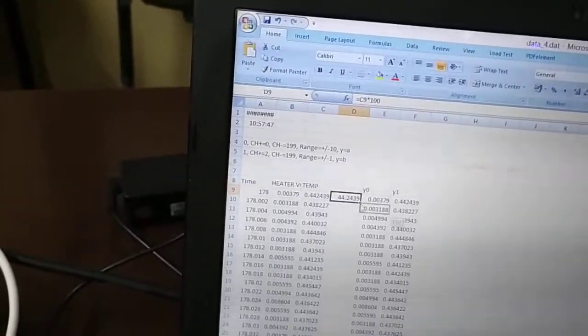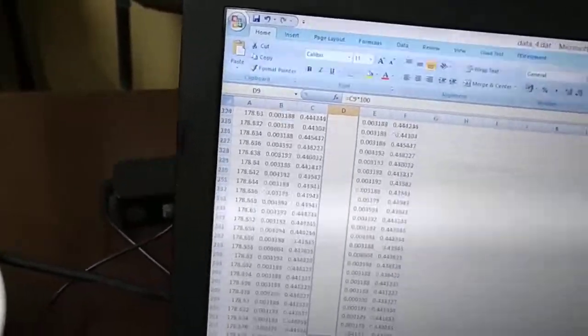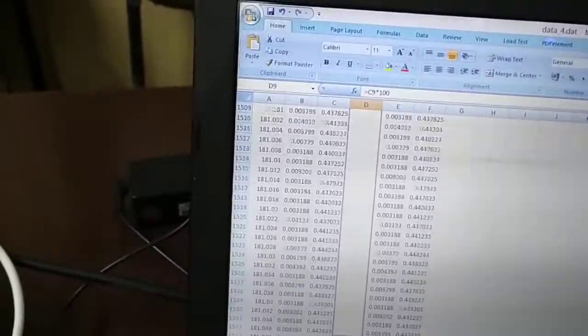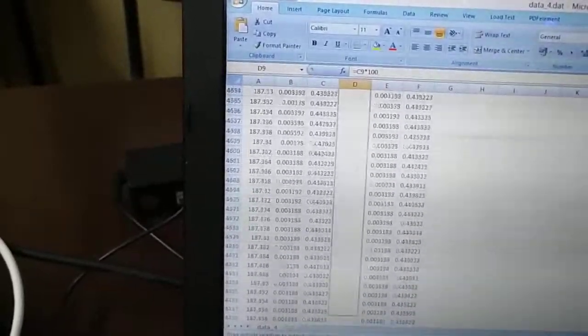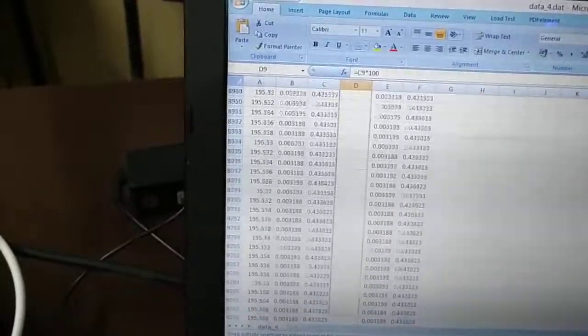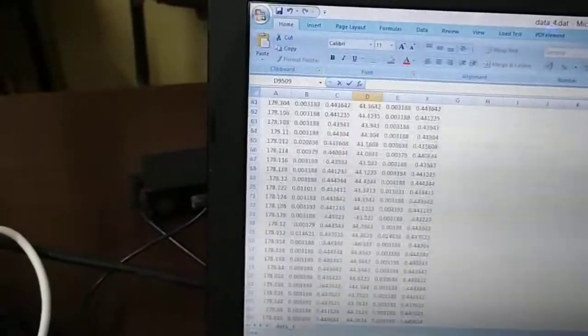Now I'll have to apply the formula to the whole data. Now what I can do, I can plot a simple graph of temperature by selecting D, insert line.